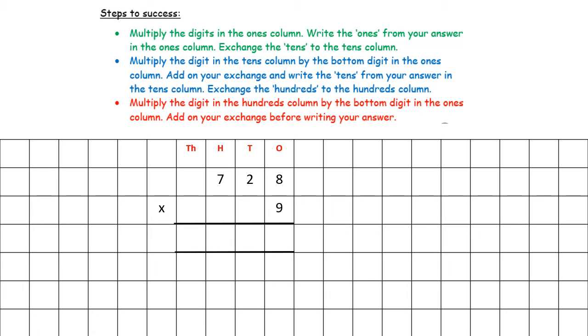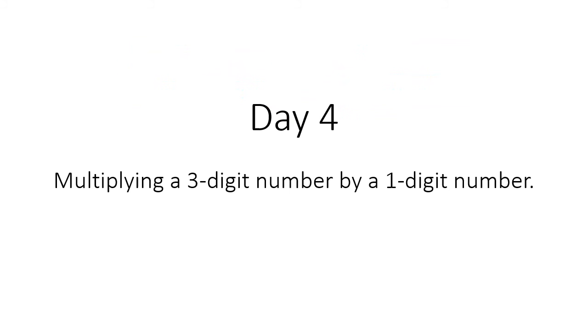728 times 9. 8 times 9 is 72. Okay. 2 tens times 9 ones. 2 times 9 is 18. Add our exchange is 25, okay, or 250. 7 times 9 or 700 times 9 is 63. Add our exchange is 65. So the answer is 6,552. Okay. Finally, moving on to your day 4 learning for this week, you are going to be doing some